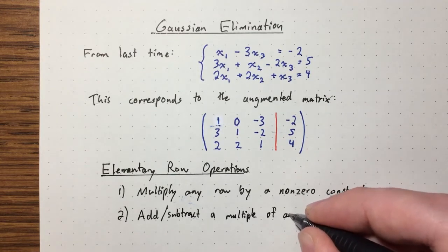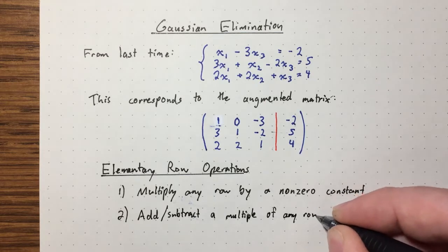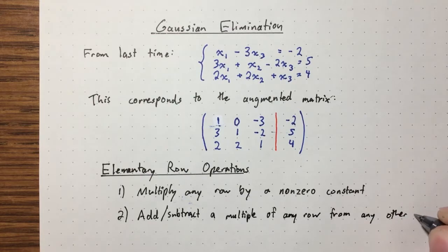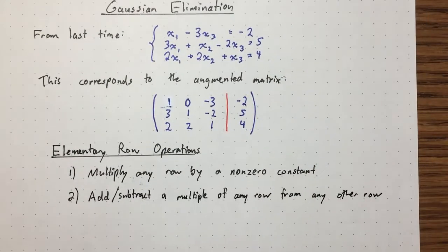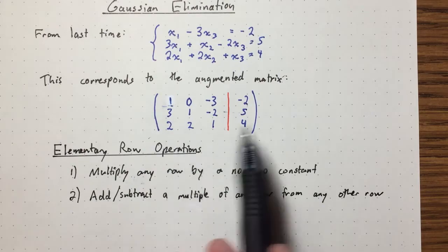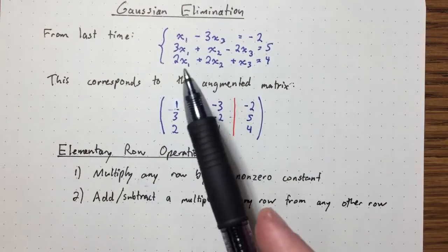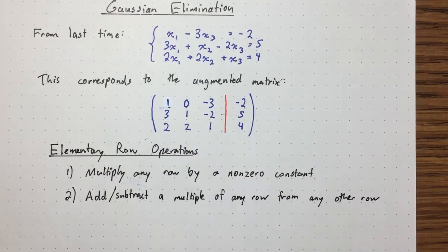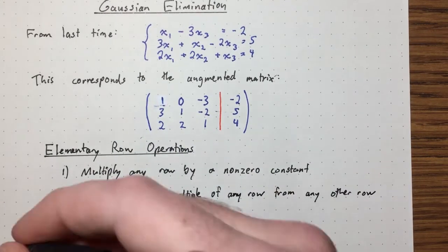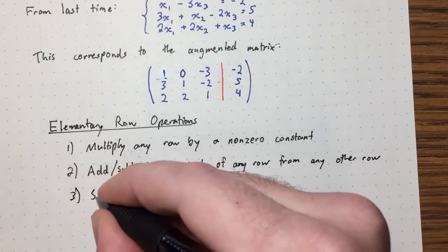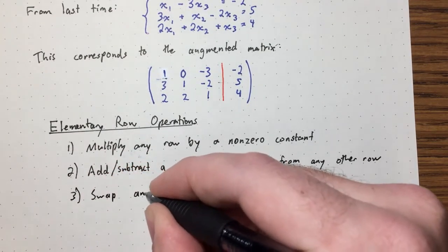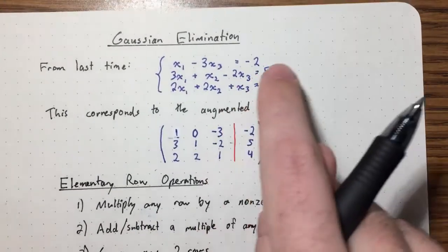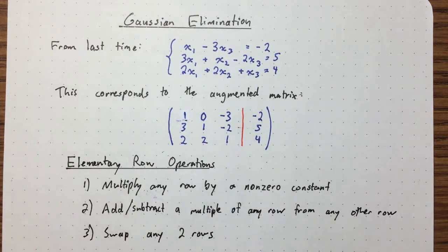Okay. So for example, I can take the third row and replace it with the old third row minus 2 times the first row if I wanted. Okay, and then the third elementary row operation is I can just swap any 2 rows that I want. Okay. So none of these actually change the solution to this system of equations,